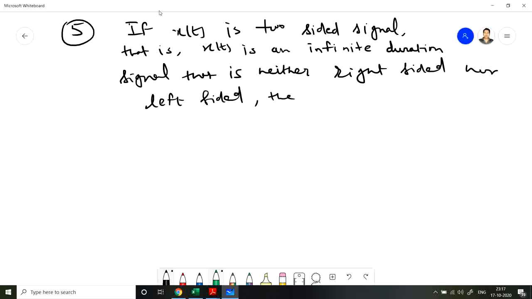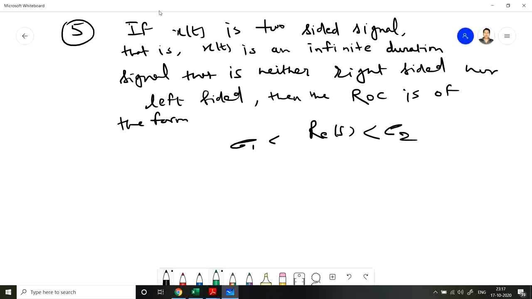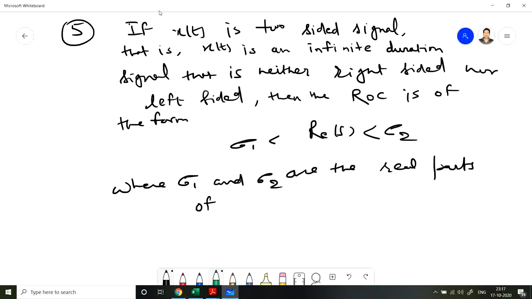Then the ROC is of the form sigma 1 is less than real part of s is less than sigma 2, where sigma 1 and sigma 2 are the real parts of two poles of the axis,